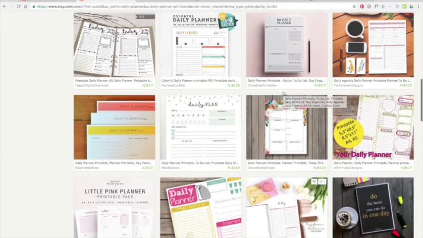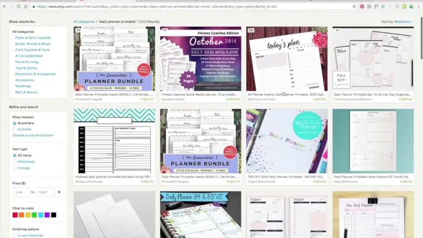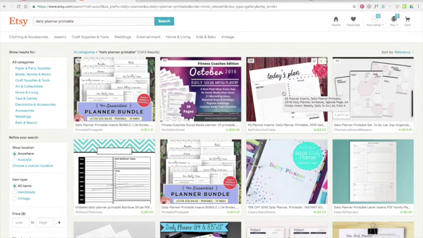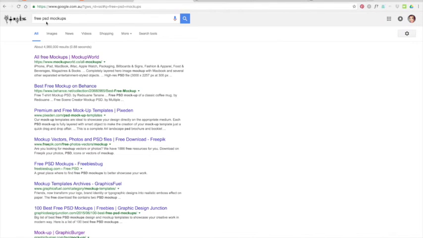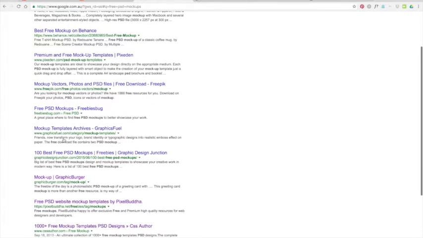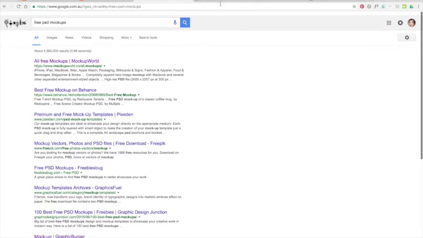So as you can see, there's a huge array of different kinds of mockups out there. Some are free and some are paid. You work with whatever your budget is. If you just jump into Google, you can do a quick free PSD mockup search. PSD is the short term for the Photoshop file extensions. So you can see here all the results that have come up. Some of my favorite ones are